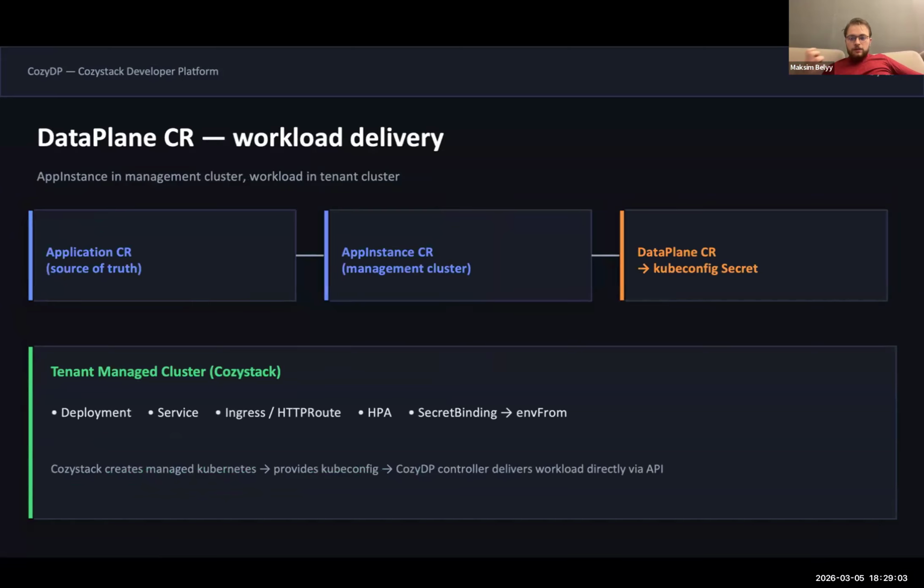The next concept is the data plane. The data plane is where you want to deploy your application. It's managed Kubernetes created under the hood. It has some components like an ingress controller or Gateway API controller, horizontal pod autoscaler, and so on.